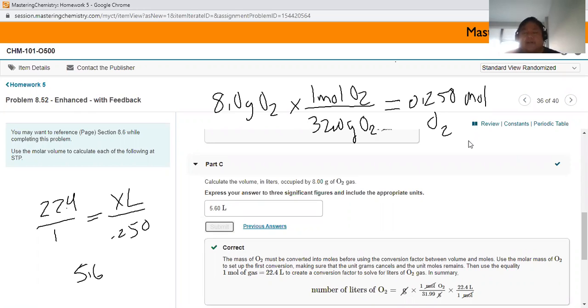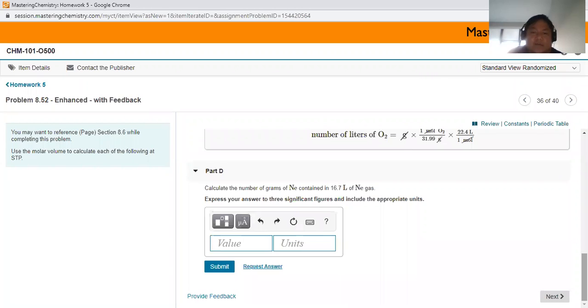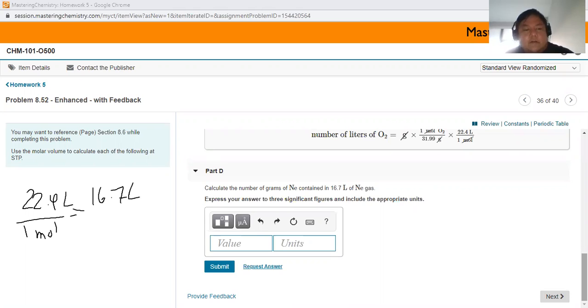And now let us go ahead and clear this. There's a part D, you might have gotten this, but let's just go ahead and make sure that you understand it. So it says calculate the number of grams of neon contained in a 16.7 liter sample of neon gas. So of course, our same ratio, our same relationship that we've been saying, 22.4 liter per 1 mole is equal to, in this case, 16.7 liter for X mole, right? We don't know how many moles we have of this. So I'm going to multiply both sides by X mole to move it over here. And then I'm going to divide the right side by 22.4 liter. And I should get X mole